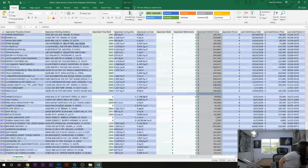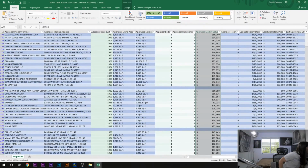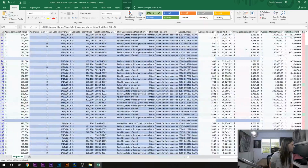For some reason blank. So in total, we're looking at $283,127,312 in market value. So $262 million for $283 million. There's about $20 million in profit there. That's overall. Now this is where auction artificial intelligence gets really exciting, because we're now going to filter down to